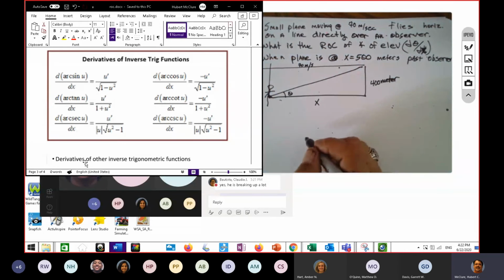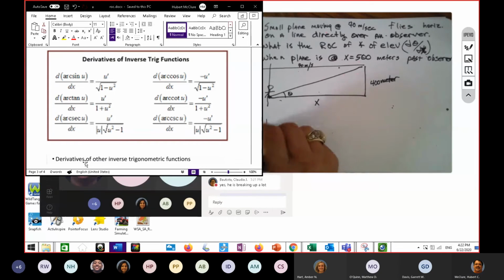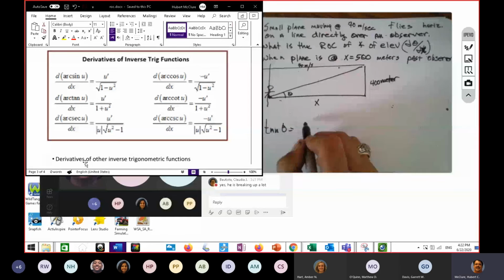So we already know that we've got, let's see. Oh, this would be the tangent. Tangent theta equals 400 over x. So therefore theta is equal to inverse tan of 400 over x